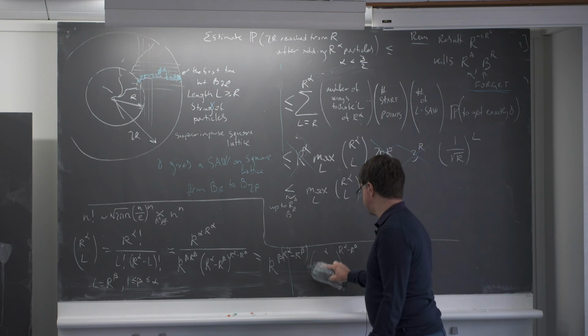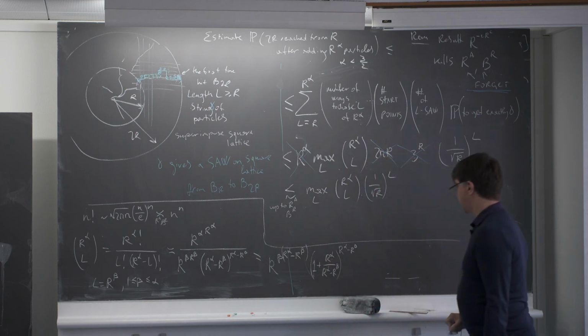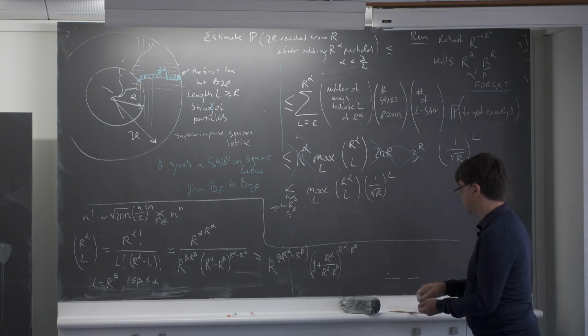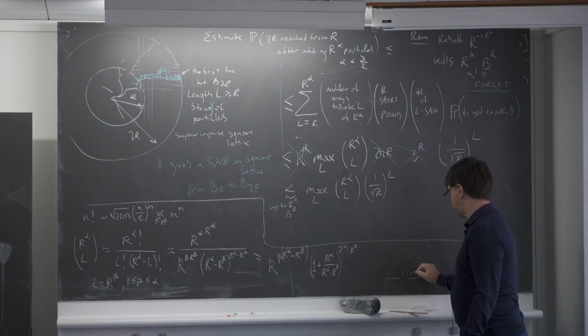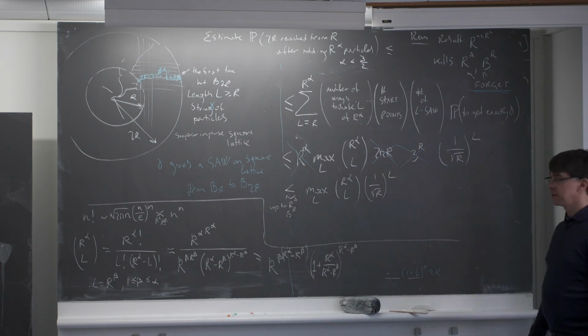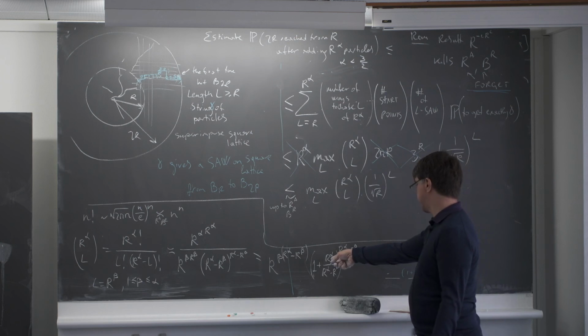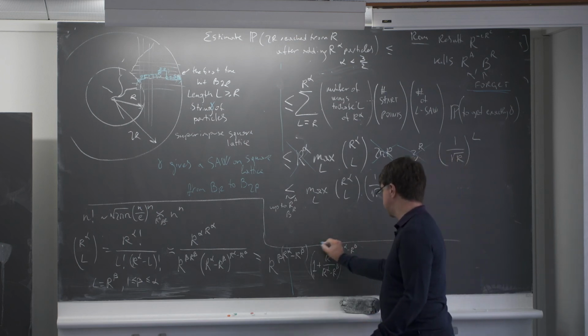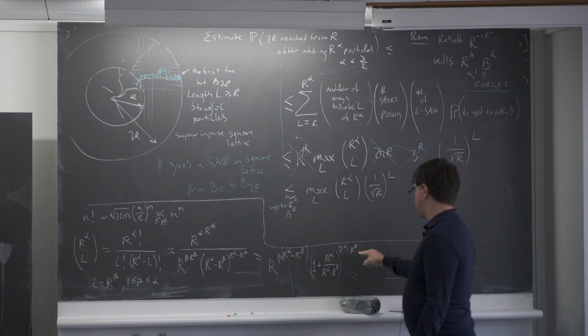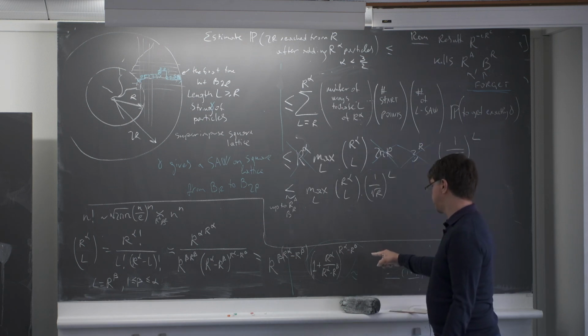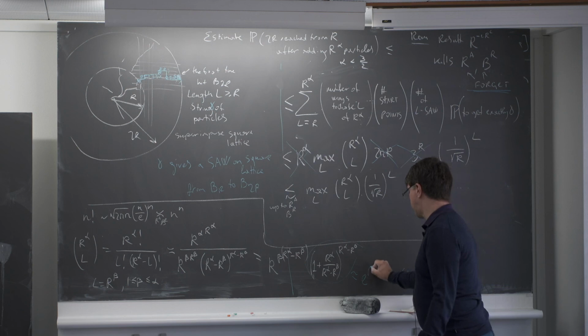Which actually is better written as 1 plus r to the power alpha over r to the power alpha minus r to the power beta. And there is this usual thing that 1 plus 1 over n to the power n is approximately equal to e. So you use the same thing here, and this thing is approximately equal to what? e to the power r to the power alpha,